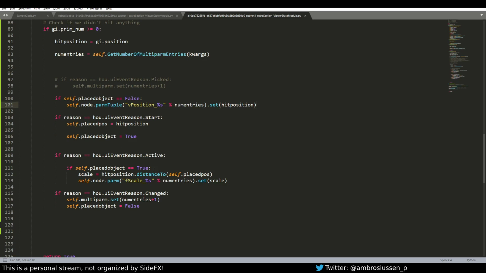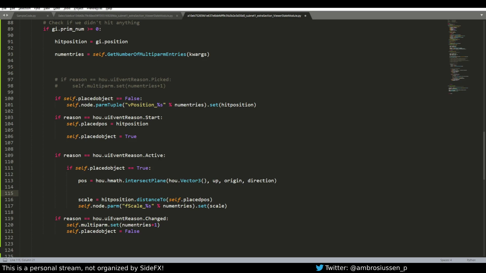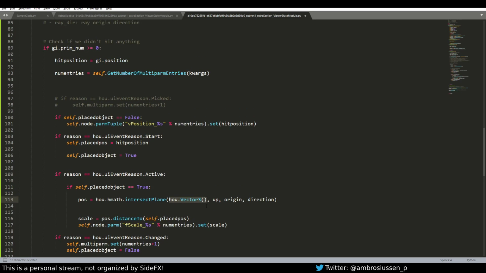Scale, where is scale? Scale is here. All right, so when we're dragging, instead of colliding directly with the hit position, just the one that we're updating constantly, we're going to be comparing to this guy, which is our new collision. So we're going to grab the position of a plane that we're going to be creating, of which the origin is... oh,